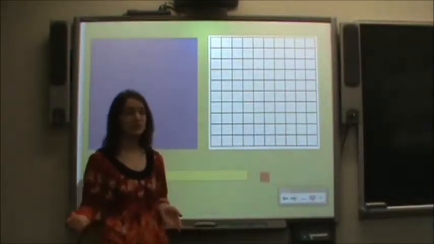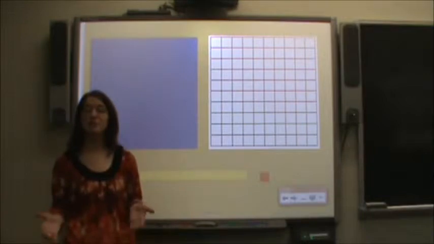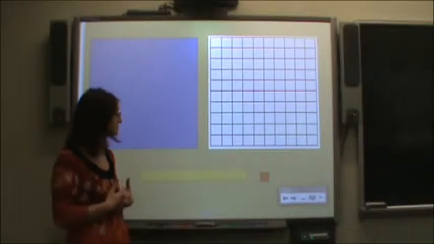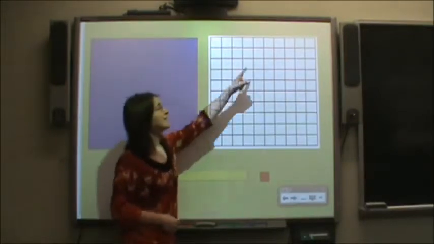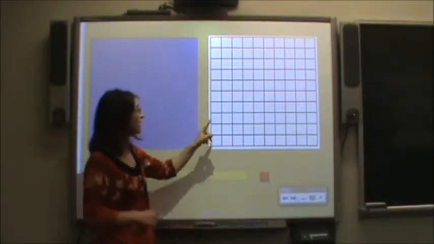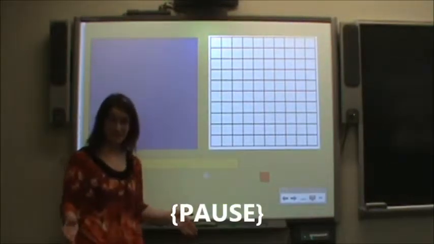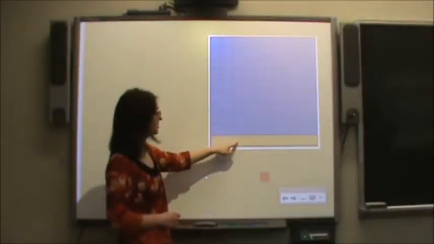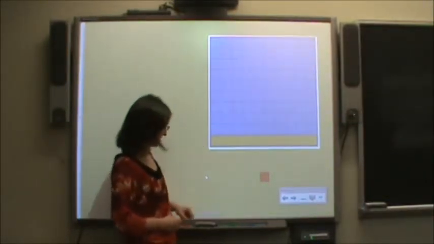We're going to start using some problems that use the big blue square as the 1, and then we're going to get into other examples using other things as 1 to get you thinking in different ways about decimals. So if you remember from the last video, when we're looking at this as our 1, the value of this long right here is, pause your video, draw this long, and then write the value. So when I put this long over my 1, it tells me I can have 10 of those in this. If I broke this up into 10 pieces, this would be just one piece of it. And so the long